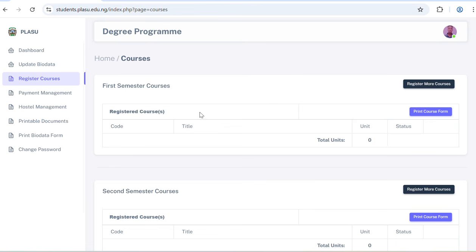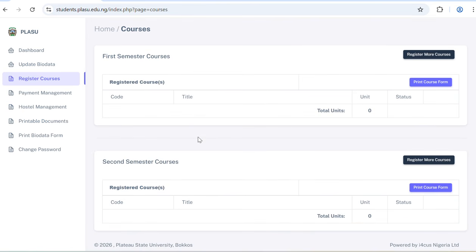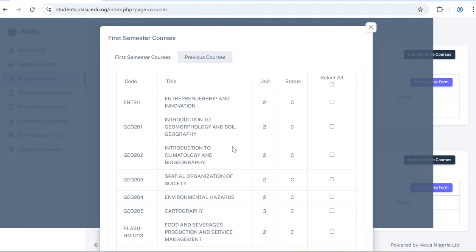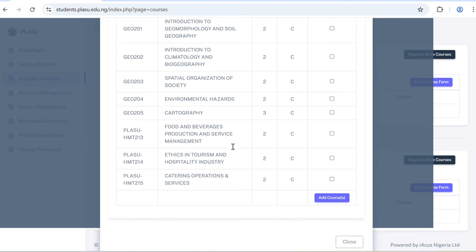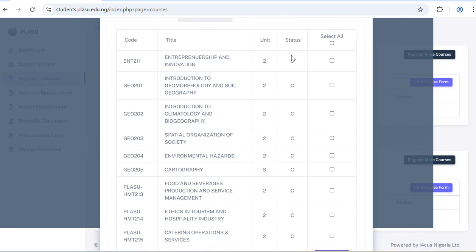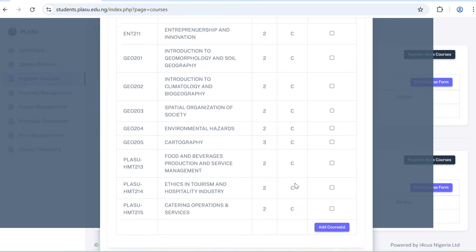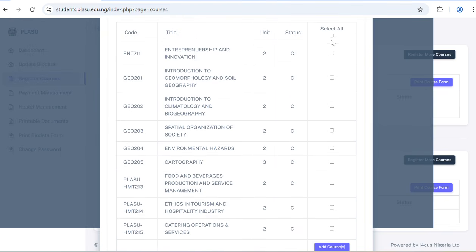If you click register courses, this is where you're supposed to register courses. This student has not registered any course. So how do you register the course? You come here, it says click to register more courses. You see all the courses that the student can register. And any one you see C, it means it's compulsory. So you just say select all for these compulsory courses,